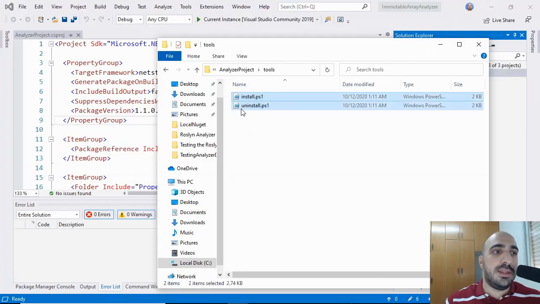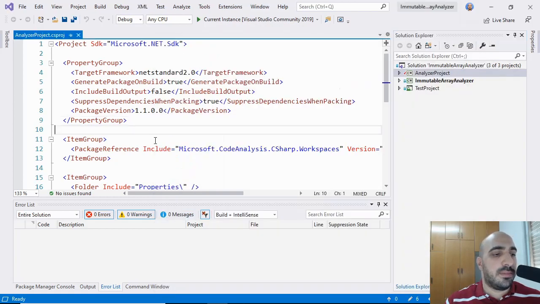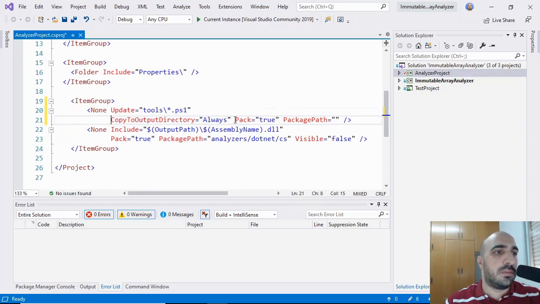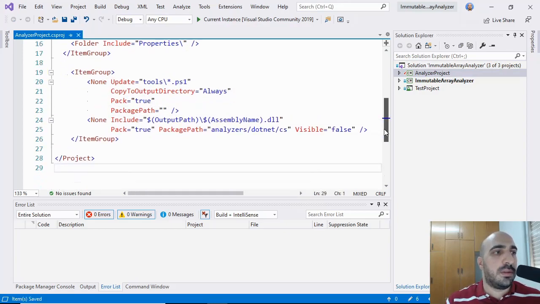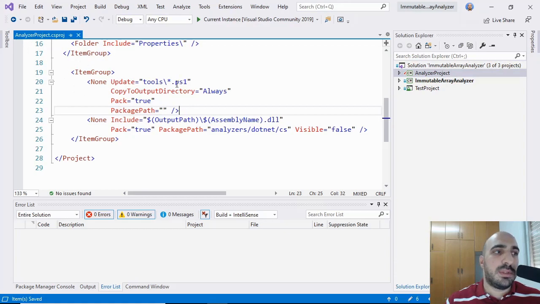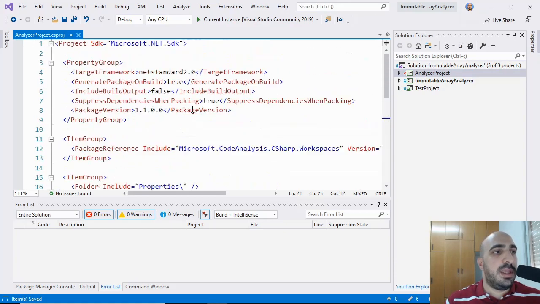Now we should include these with the NuGet package, so that when the package is installed to the consuming project, the install script is run, and when the NuGet package is uninstalled, this script will run. Okay, so here I have updated the csproj of the analyzer to include these PowerShell scripts into the NuGet package. Let me now update the version of the package and build it.